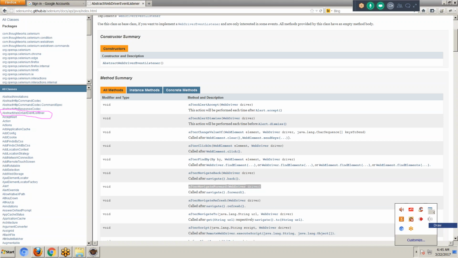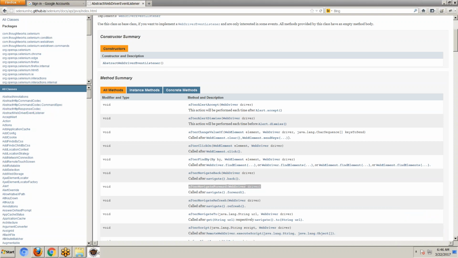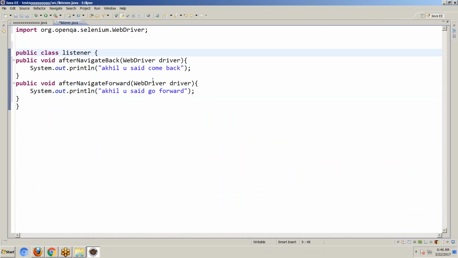Yes, right. So the first concept is inheritance. The listener extends